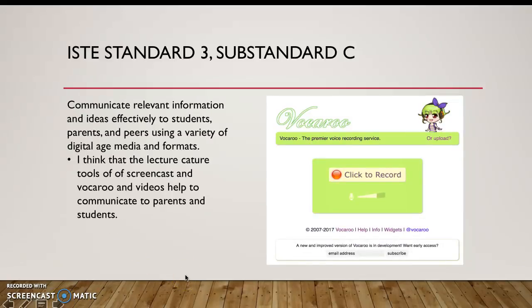So the third substandard I used for Standard 3 was Substandard C. It was to communicate relevant information and ideas effectively to students, parents, and peers using a variety of digital age media and formats. I think that the lecture capture was the most relatable to this substandard, because the lecture capture